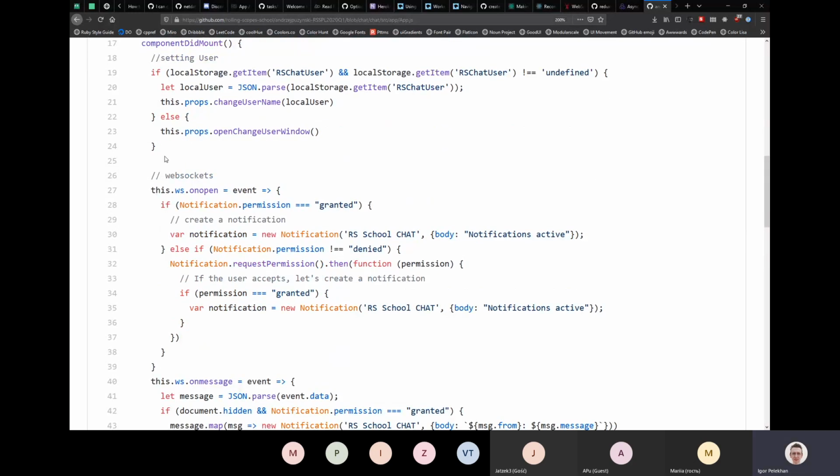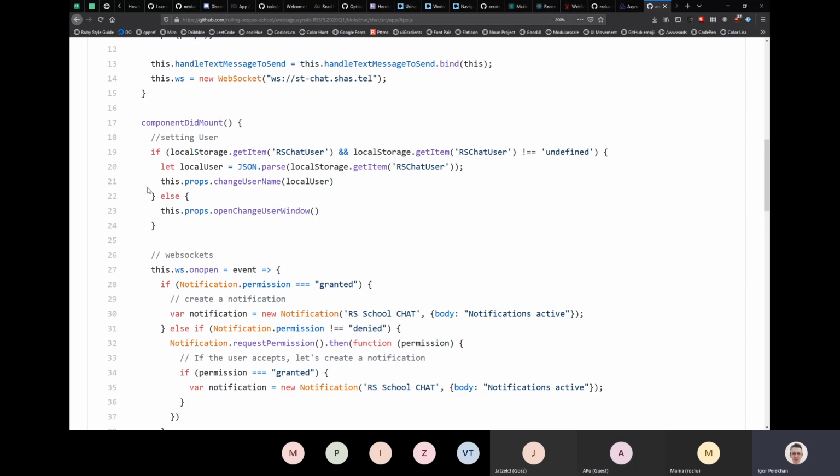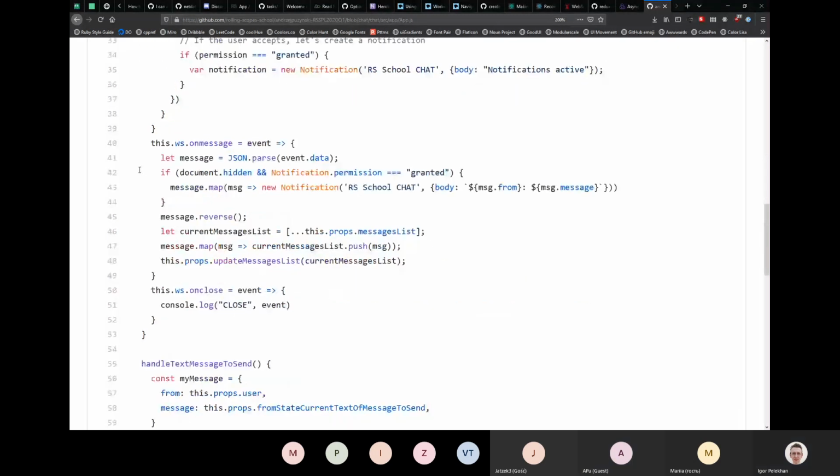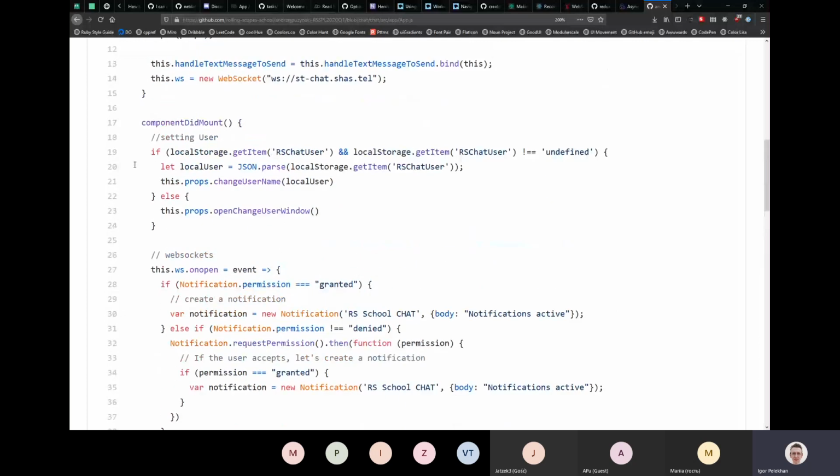okay, what we are doing here, we are setting the user. Okay, yeah, that might be the place. By the way, has anyone used React hooks already, or did you start just with classes, or was it a requirement again? I don't use React hooks in this application. Okay, with React hooks it's actually a little bit cleaner, because this part is a good candidate to be stored in the useEffect hook. So you basically set it,